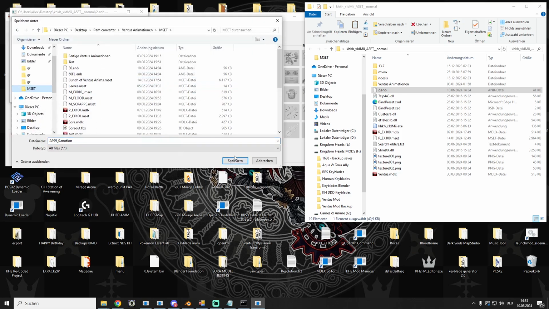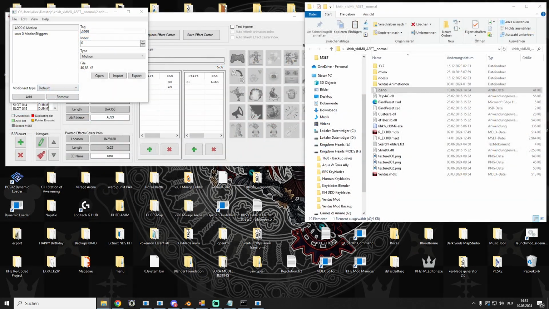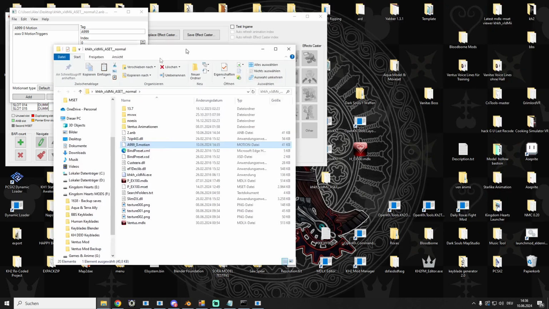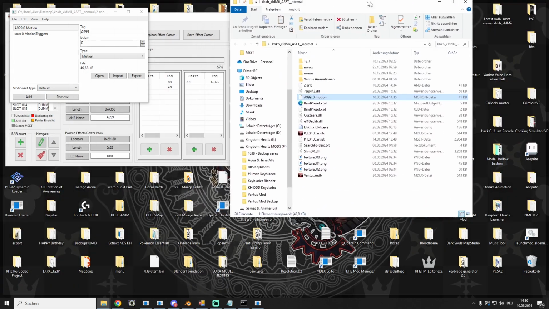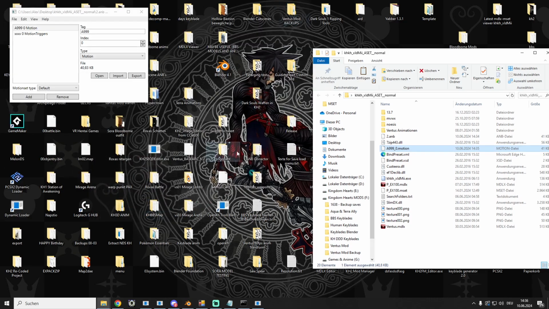I put it right now in this folder, which is the MSET folder, which I have here on my left screen right now, and put the motion in here. So we have a tool that allows to fix some rotations when they're appearing. So the question is just, where have I put this freaking tool? There,